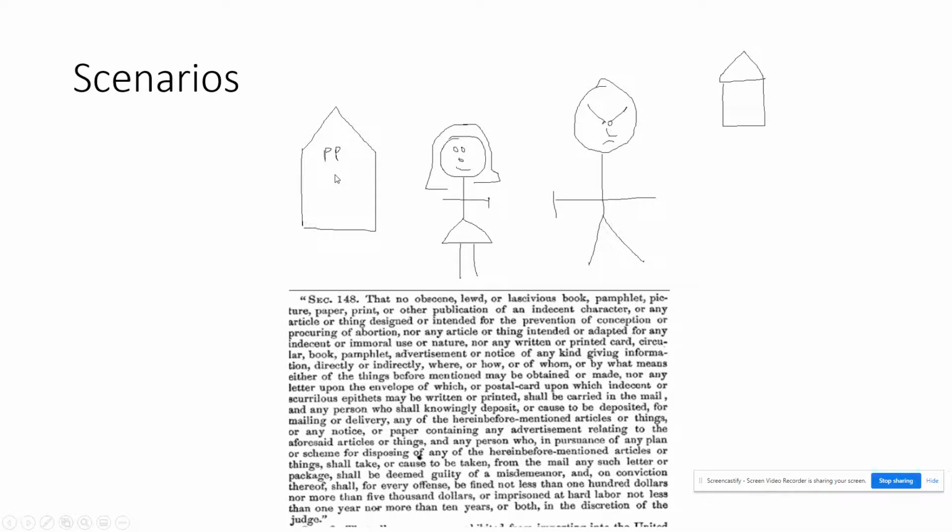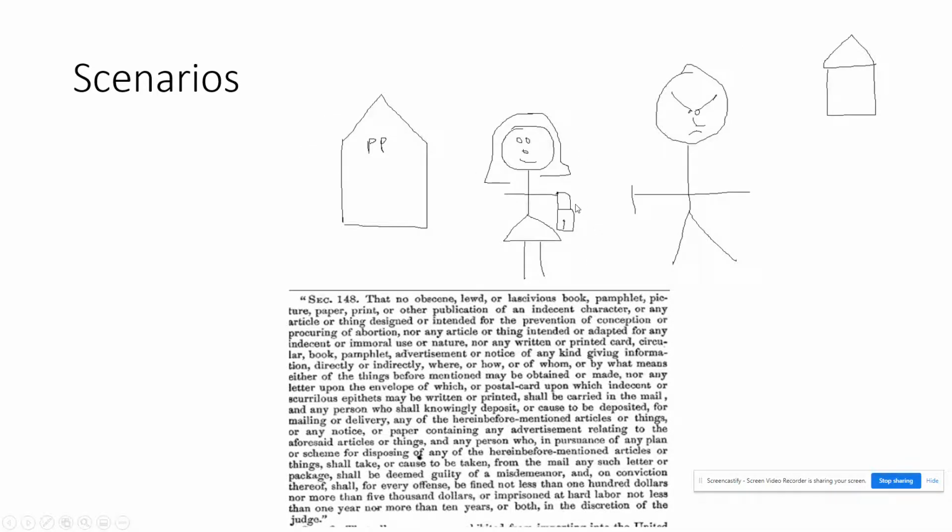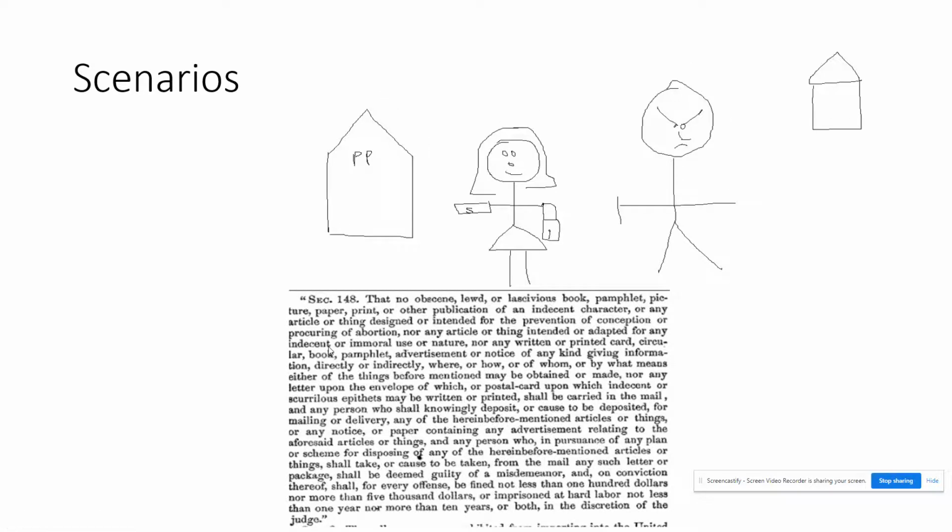Notice how she's leaving the Planned Parenthood facility. In this situation, she has the Grafenberg ring in her purse. Maybe the Comstock or the enforcing officer sees her leave this particular building, and once again, the conversation. What's in that purse? What do you got there? I don't have anything. I know you got that Grafenberg ring and you went and got it from Margaret Sanger. Maybe he gets the warrant, searches, finds a Grafenberg ring. She is in violation of the Comstock law. She is in possession of this item, and you know she has the intent of preventing conception or procuring an abortion. That's problematic and violation of the Comstock law.